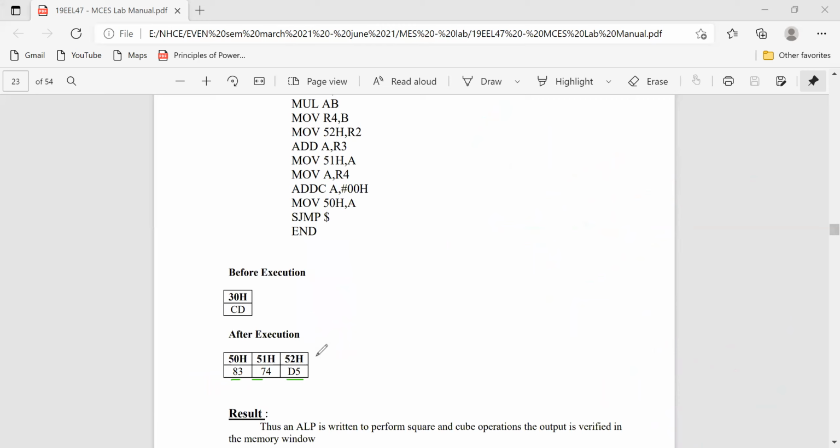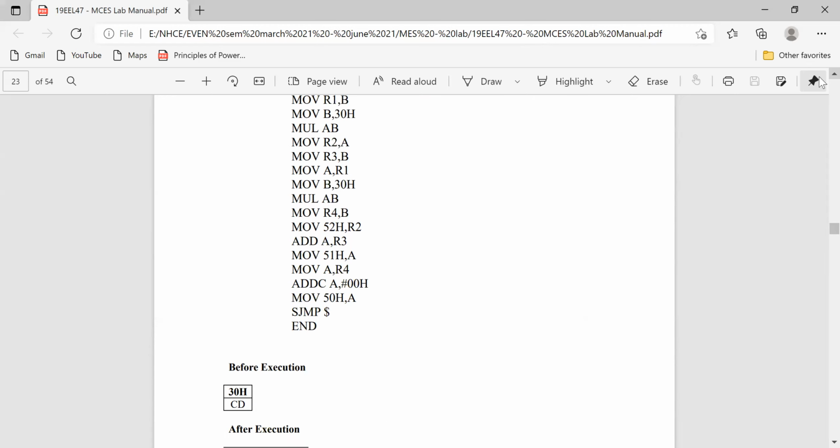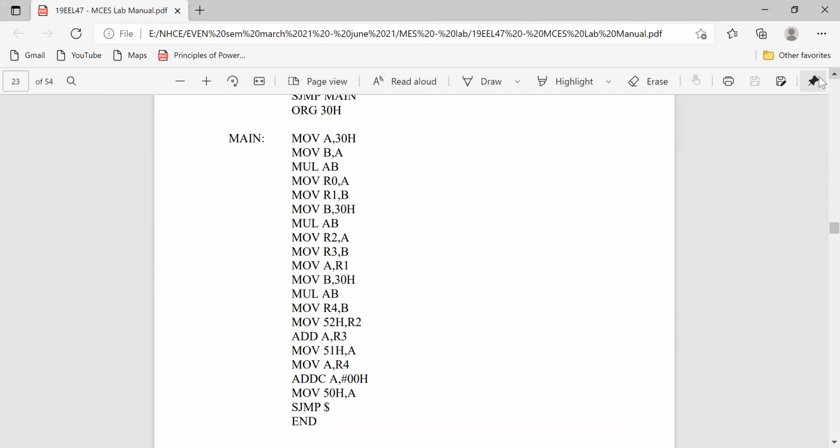So I am taking three locations to store my 24-bit result. For cube, your output is 24-bit. Let me explain each and every instruction.